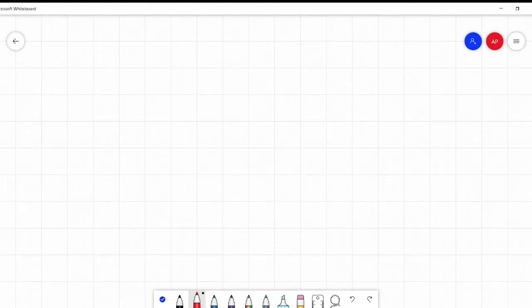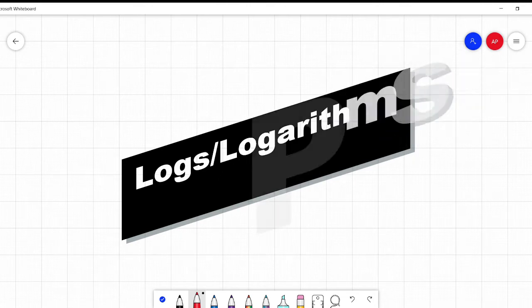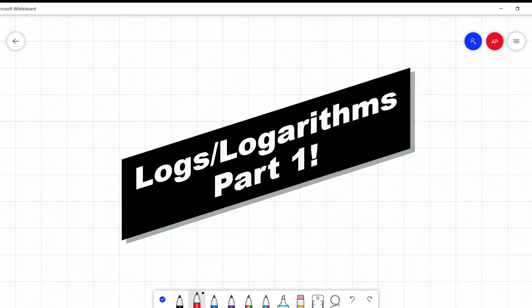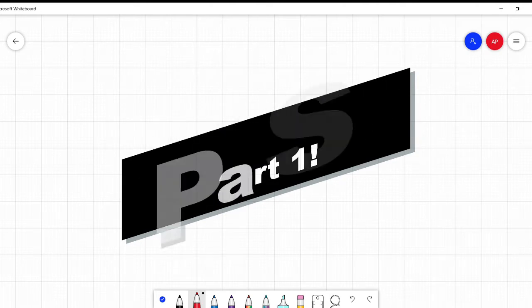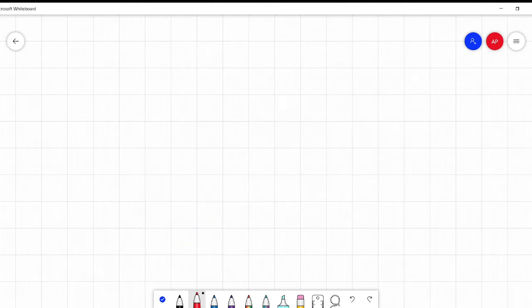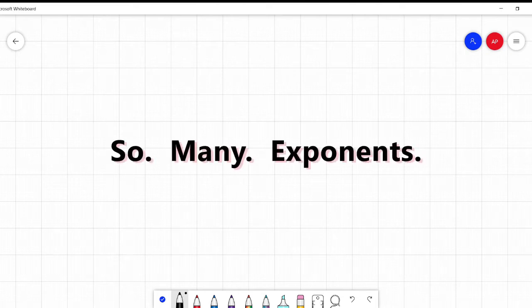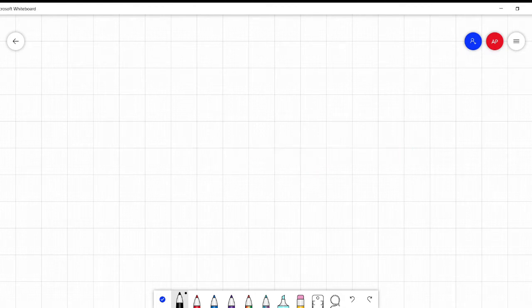Today's lesson is going to be about logs or logarithms. Logs are like cousins of exponents, and I'll show you pretty quickly what I mean. Now we all know our exponents, and if you have any questions on exponents, I did a whole series on them. I think it's 4 parts, and I have links in the description below, also in the Algebra playlist. They'll take you through all the different ins and outs of exponents, combining exponents, all that good stuff. So if we have this,